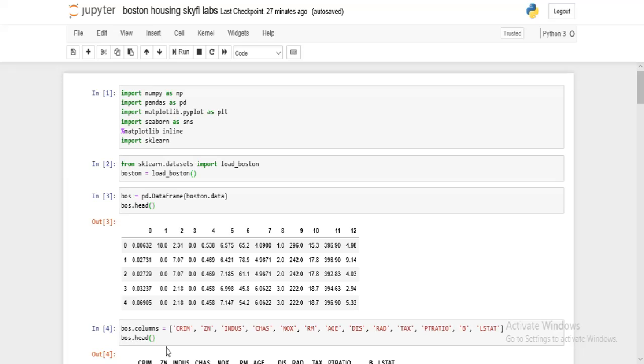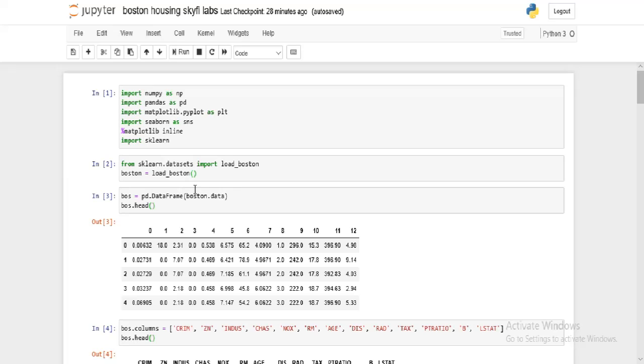Let's get started. First, we have to import all the important libraries as mentioned: NumPy, Pandas, and Matplotlib, Seaborn for bar graphs, and sklearn. Now we will then load the Boston dataset from the sklearn library. From sklearn.datasets, import load_boston. As we see in here, %matplotlib inline, import sklearn. The sklearn library is loaded using the Boston dataset.